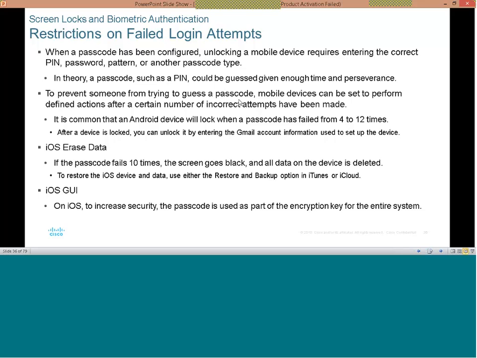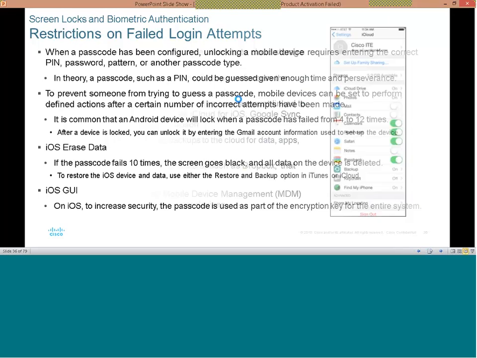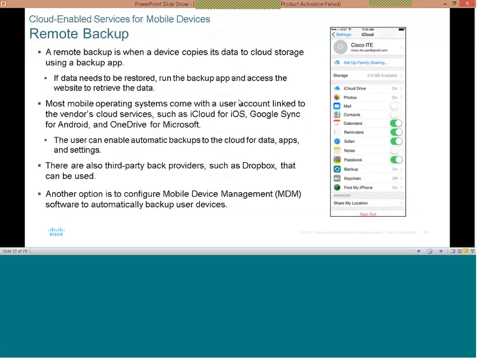Then the iOS graphical user interface. On iOS, to increase security, the passcode is used as part of the encryption key for the entire system. So we can see here